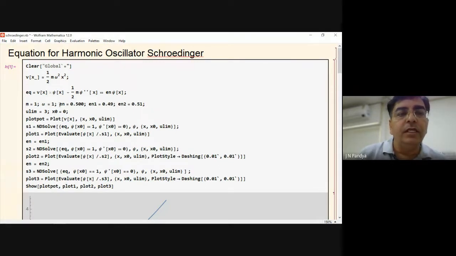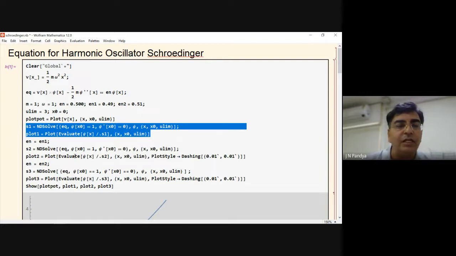See, here you have got m defined, you have got omega defined, you have got energy defined. Now, we know that this En is 0.5. This is the exact ground state energy for harmonic oscillator, right? h bar omega by 2. So h bar is 1 in our case. Omega we have chosen 1. So obviously energy has to be 0.5 only. In the other case, you are choosing energy to be this. In the third case, you are choosing energy to be this. And you are solving this same equation every time.